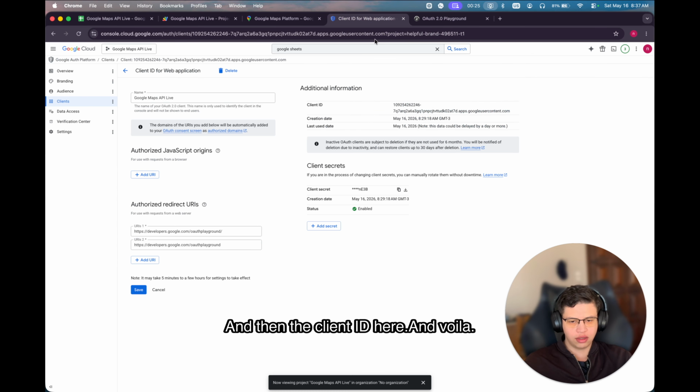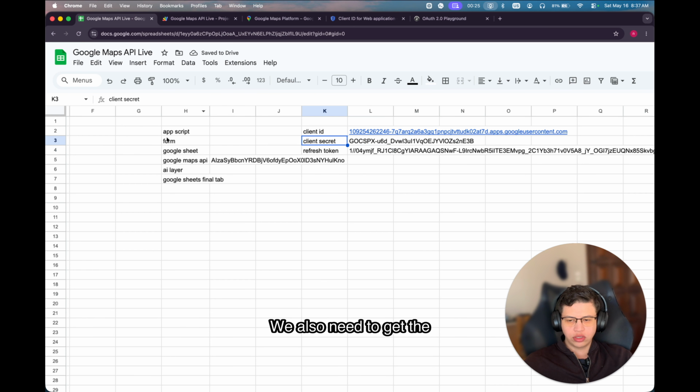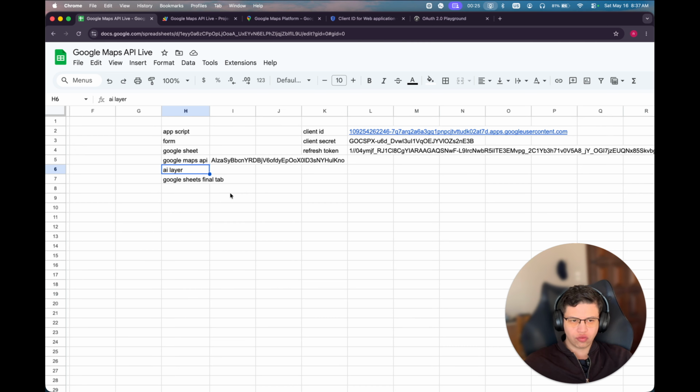And then the client ID here. And voila, I think with that, we're good to go. We also need to get the AI layer API. Yeah, we need to get this API. And to get this API,